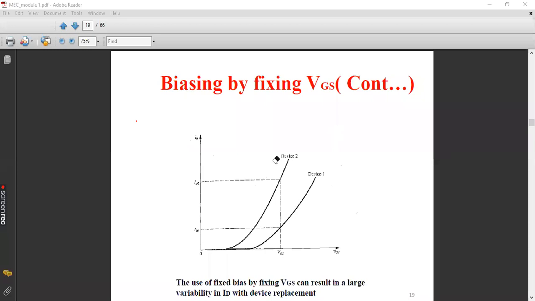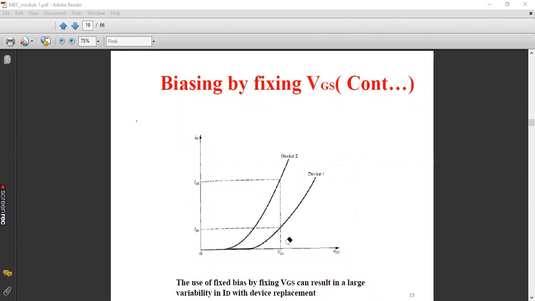Isn't it? Already we have discussed the operation of the MOSFET device. There we said the channel will get induced only after giving a minimum threshold, so we should give a positive gate voltage at least equal to the threshold voltage. Whatever excess voltage you give, which is sufficiently greater than the threshold voltage, is called the overdrive voltage. So device 1 has more threshold voltage, whereas device 2 has less threshold voltage.